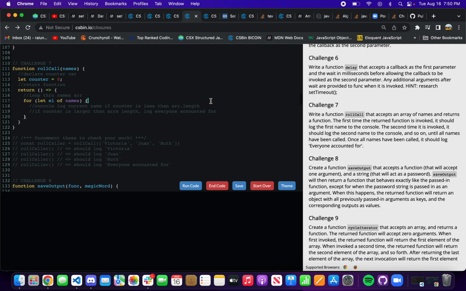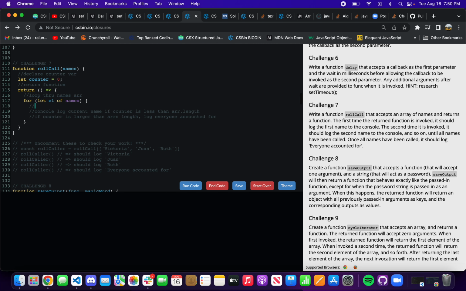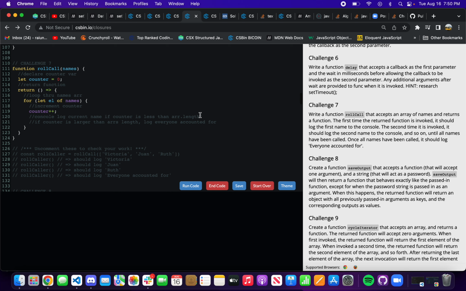Then, I forgot to increment counter. So increment counter, if counter is less than names length, then